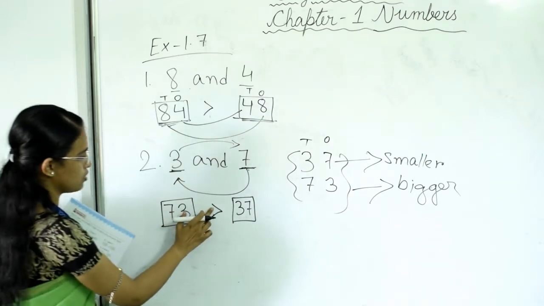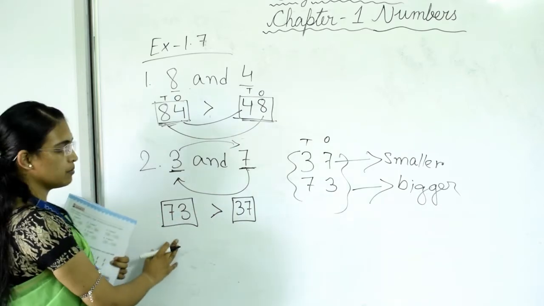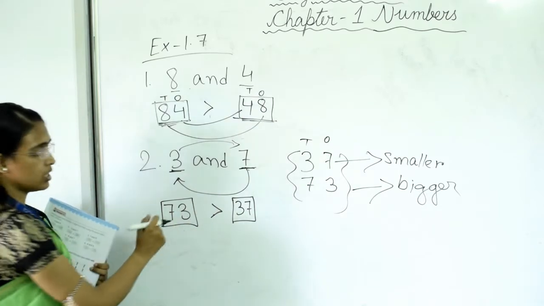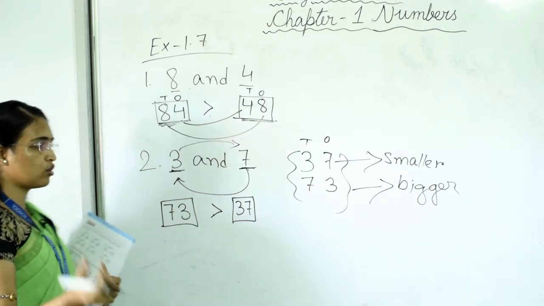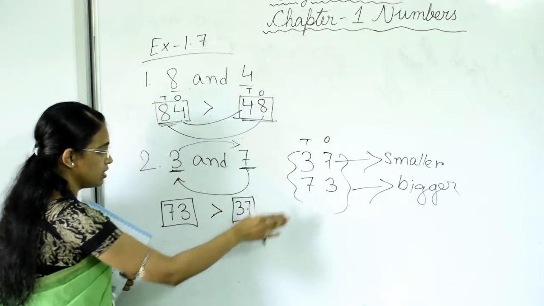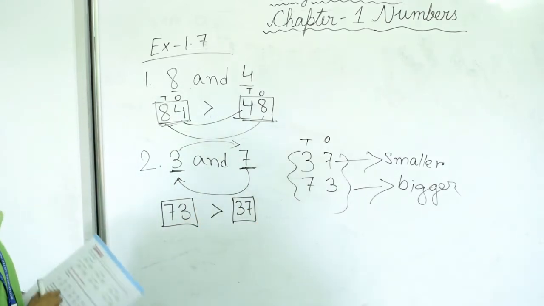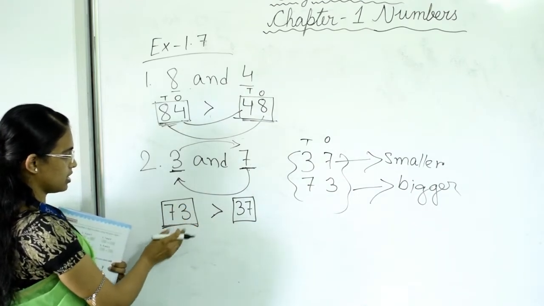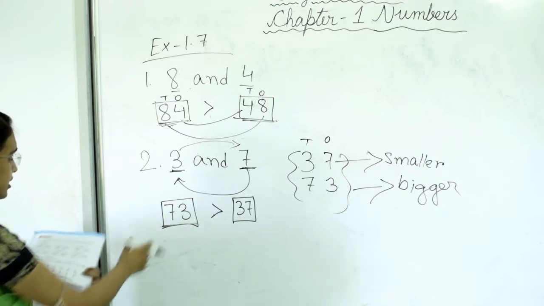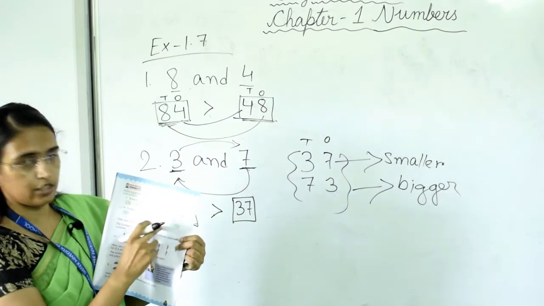So if his mouth is open on the left-hand side, that is the greater than sign. And if the mouth of the crocodile is open on the right side, that is called the less than sign. Okay, so this is the greater than sign. So we have to put the greater number on this side. Now the rest of the part you will do at home.